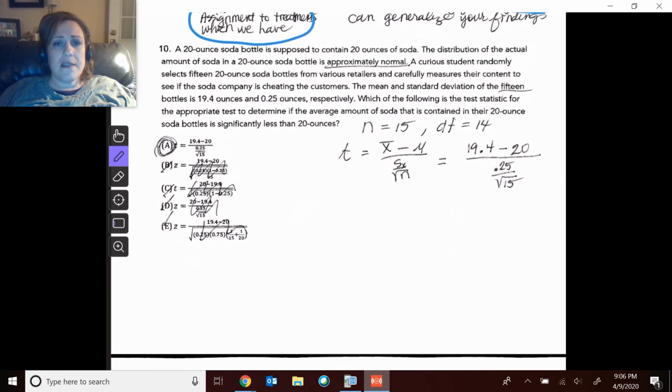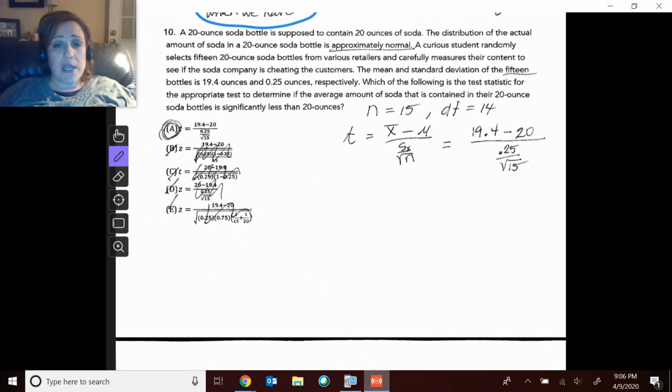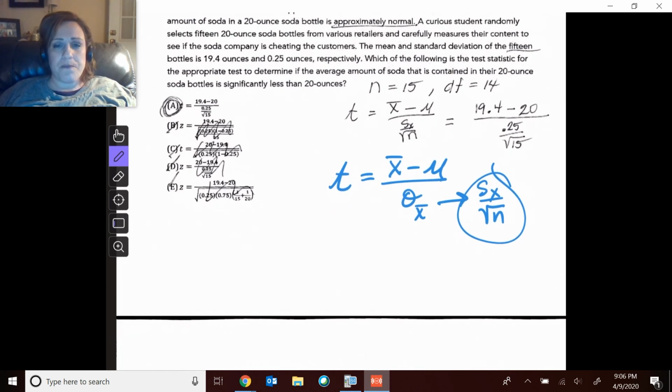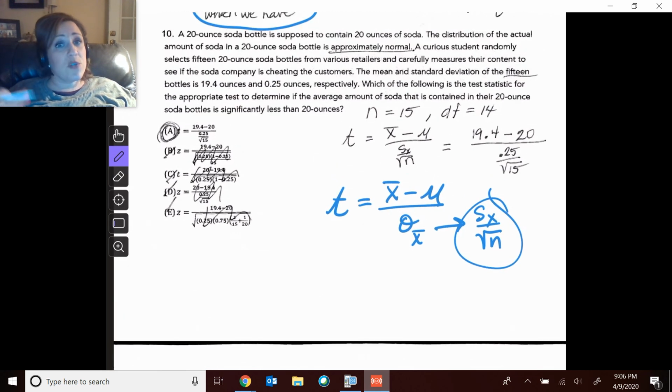All right, this one was just wanting us to do a t-score. And the t-score value, x minus the mean over the standard deviation. Well, for t's, it's x bar minus true mean over the standard deviation of x bars, which is s of x over the square root of n. Okay, and this is on your formula chart. So I just filled in the numbers. A was the answer. All right, so that takes us through those first 10 problems.